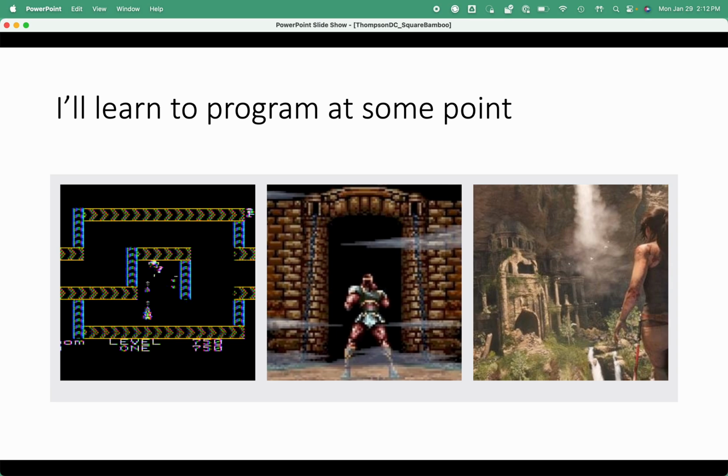I could interact with it in a wonderful way, experiencing a story of someone else's design. In the beginning, with the rudimentary graphics, this was quite an exercise in imagination. This is actually the first game I remember playing, Shamus on the left here. In the middle, we have Super Castlevania 4 for the Super Nintendo, arguably the greatest home console ever, and then the near-photorealistic Rise of the Tomb Raider for the PS5 on the right. This in the space of my lifetime, which is extraordinary, and the interplay of increasing video game sophistication and technology development have fascinated me from an early age.